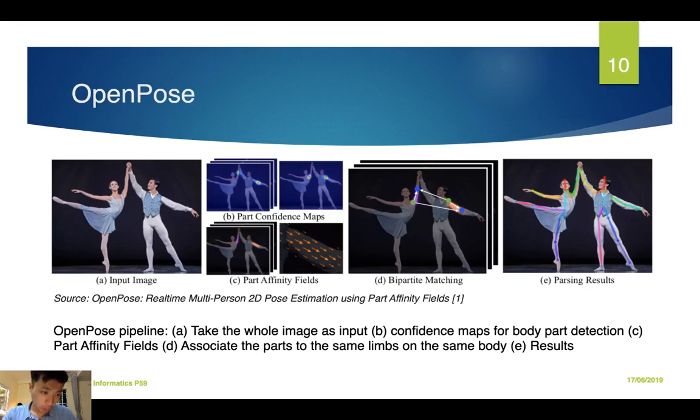And this is the pipeline of OpenPose. It takes the whole image as input, and it predicts the part confidence maps for all the parts of the body in the images, and also the part affinity fields. The part affinity fields are 2D vector fields predicting whether 2 parts belong to the same limb, and then they do some sort of localization so that we can predict the limb for each person inside that image. Because in the image, we have a lot of people, and in one person's body, we have a lot of parts as well. And after that, we have the result as in photo E here.